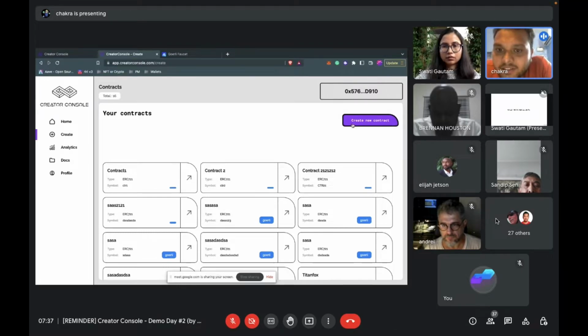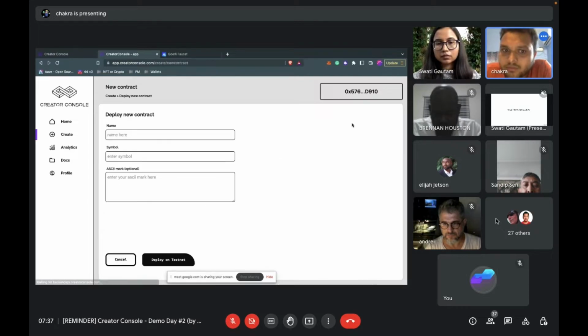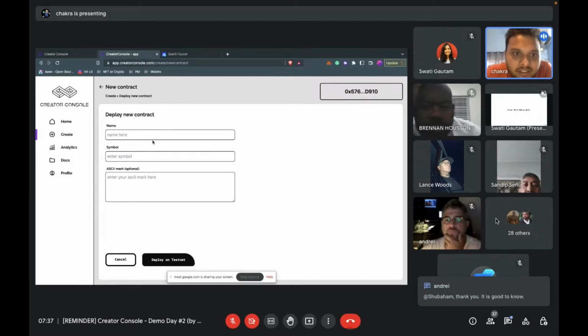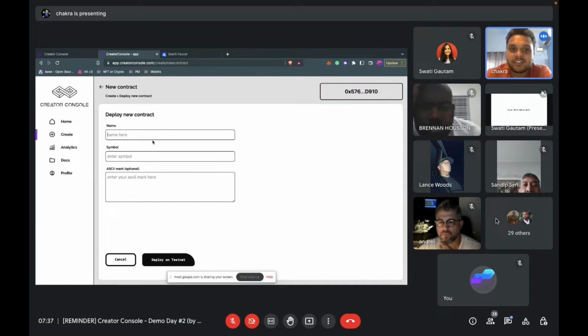So yeah, let's click create new contract, and here you can see three input fields where you can enter the details. First, you have to name your envelope, like what it is. So let's start first. I want to name this my first EFP,